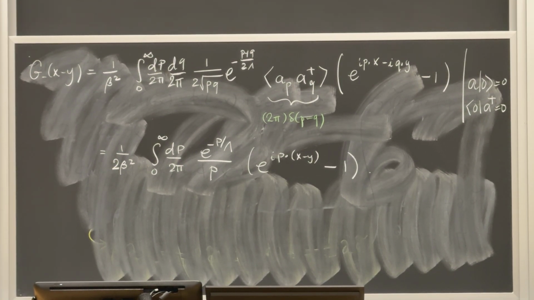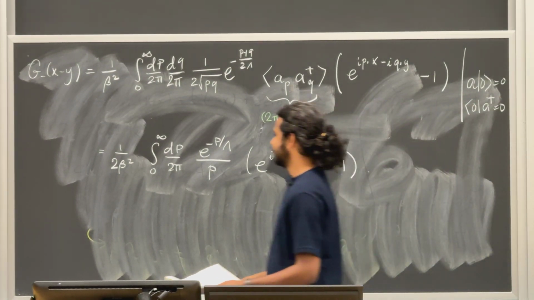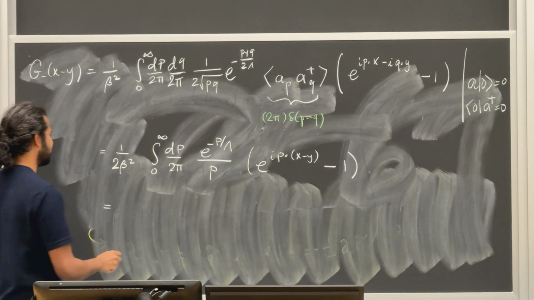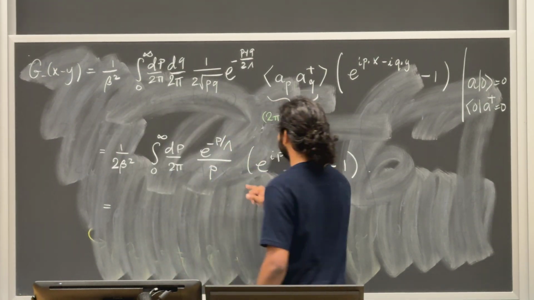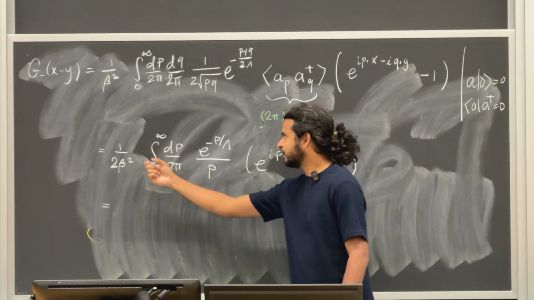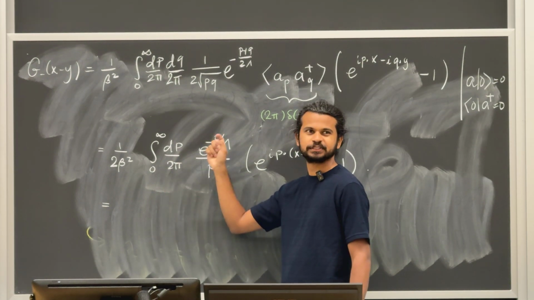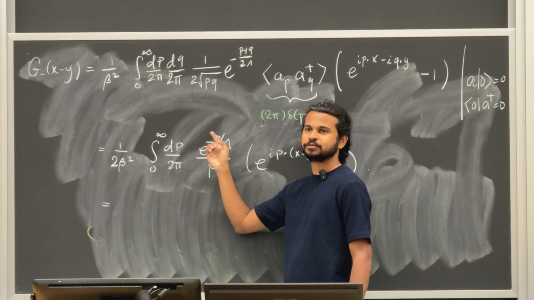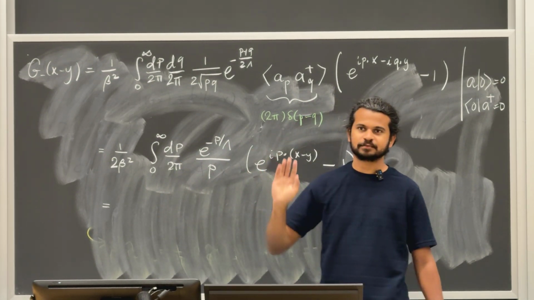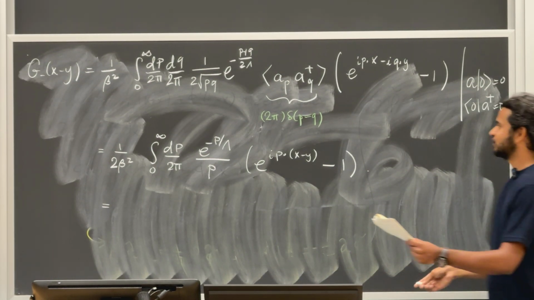All good? Now this integral can be done, and I'm going to quote the result. You can plug it into Mathematica or something, or just take whatever multiplies p as a constant x, and then take a derivative with respect to that x. That integral is easy to do because it's just e to the p something, and once you get the answer in terms of that x, integrate over x. That's it. Do you want me to go through it? Yeah. So the answer is